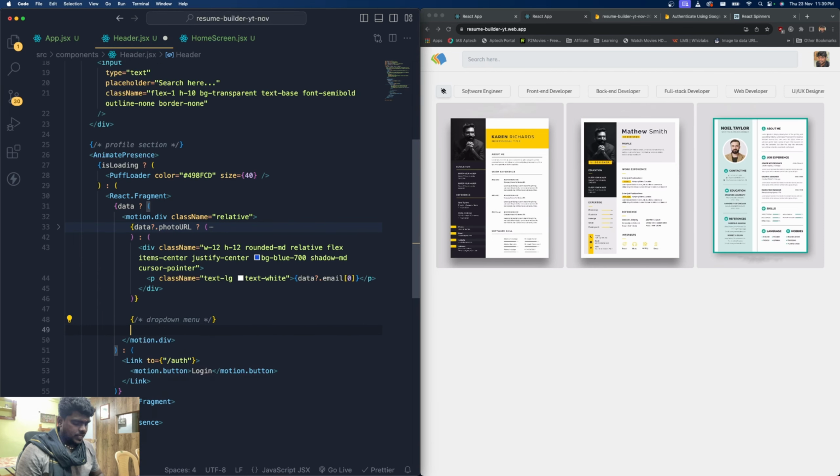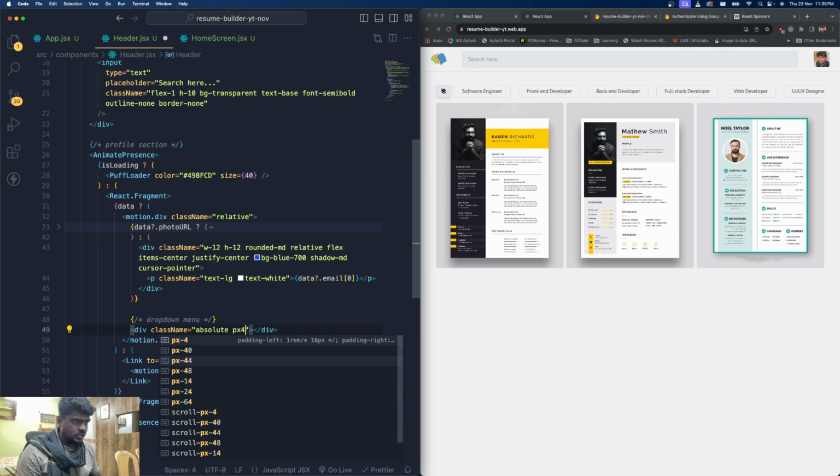So let's create one more division over here and let's keep that division as an absolute position. And let's add some padding for it. px is going to be 4, py is going to be 3, and rounded md, and background bg